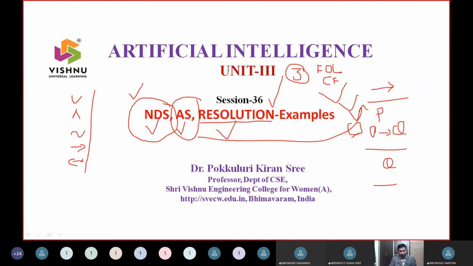I request all of you to solve some problems in the textbook so that you will have more emphasis and more understanding of these principles, because these principles are not only important in the context of your external exam, but all this will be useful even for your GATE exam as well as for people who are aspiring for research.